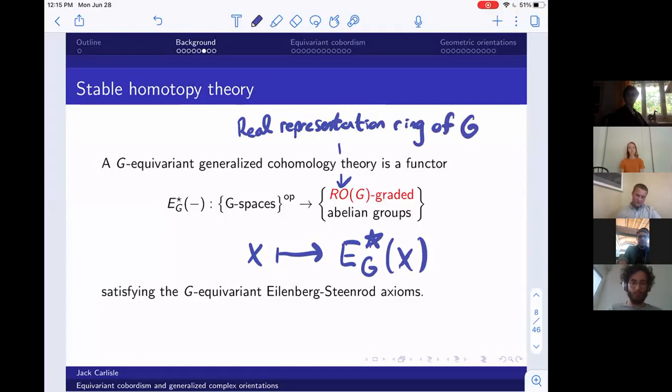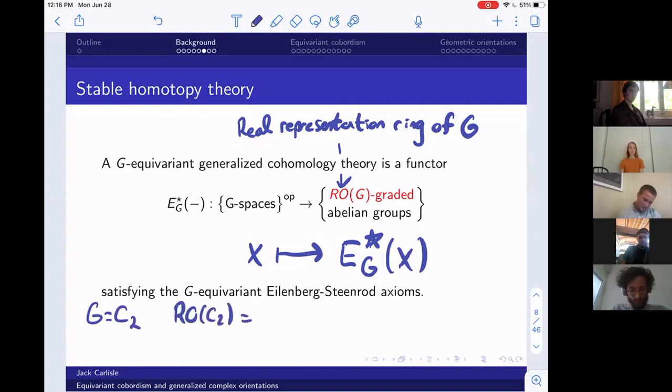So this is our definition of a G-equivariant generalized cohomology theory. It assigns to any G space a group. This time it's G, but that's all right. I mean, this is just the appropriate G-equivariant analog of our sort of indexing set. And we want these to satisfy the G-equivariant Eilenberg-Steenrod axioms, which I haven't copied here, but they mimic the non-equivariant ones. Before we move on, let me just emphasize that for most of this talk, we'll be concerned with the group G equals C2, in which case the real representation ring of G, at least additively, is the free abelian group